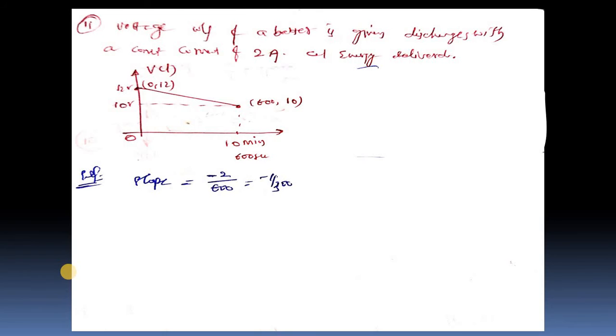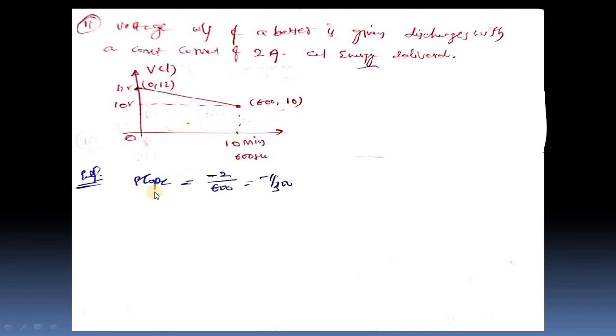So for that, first we have to calculate power. Power is equal to voltage multiplied by current. So for that we are deriving the expression for the voltage. Here, from the voltage waveform, we have to derive the voltage expression.